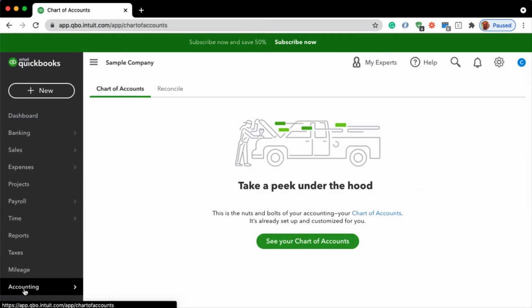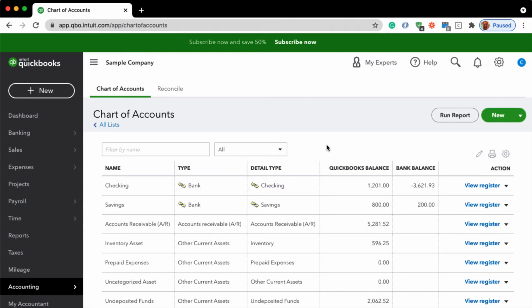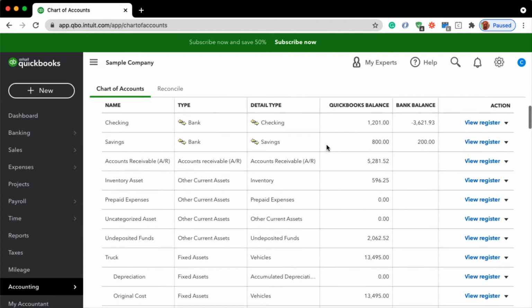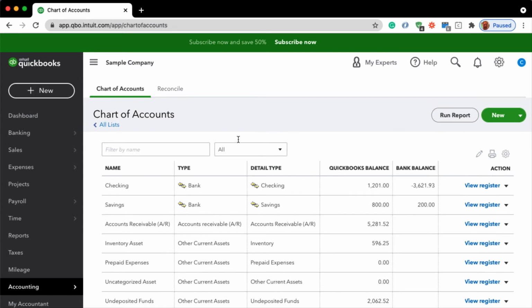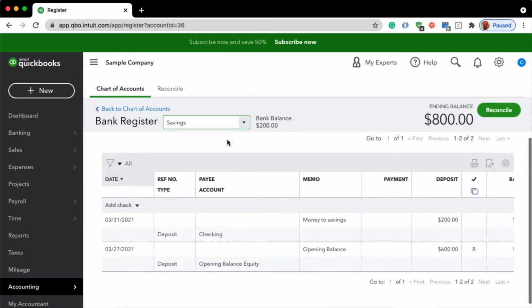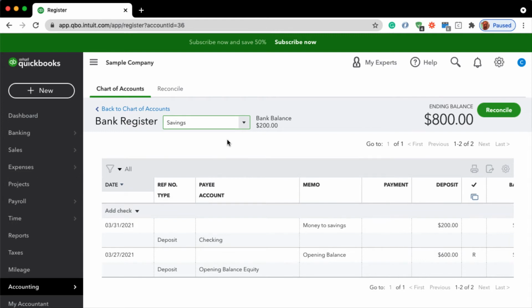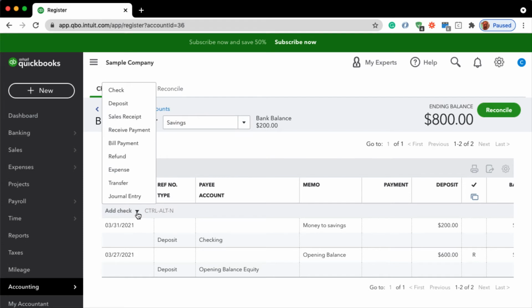Click Accounting in the left navigation bar, then Chart of Accounts to see the list of general ledger accounts. You can double-click the account or select View Register to open the register for any balance sheet account except for retained earnings. If you click the drop-down next to Add Check, you can add many types of transactions that affect